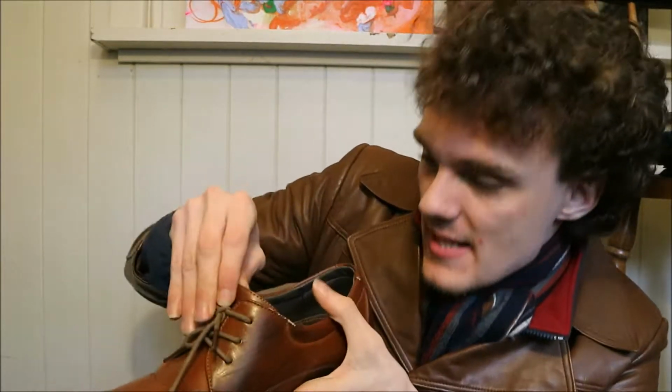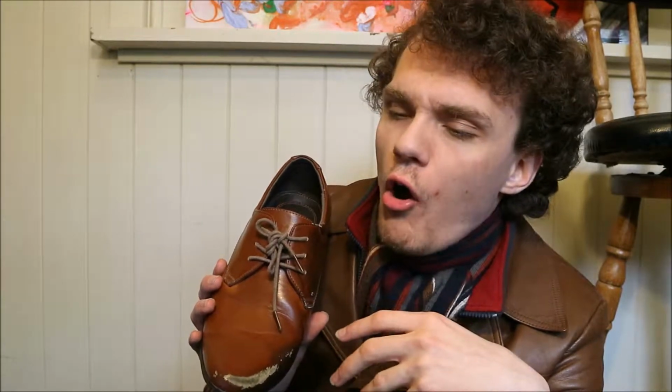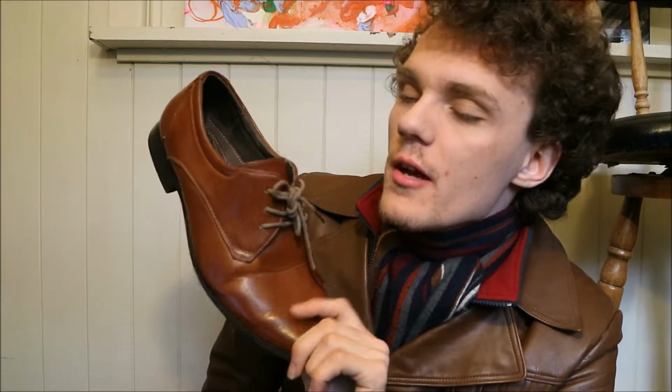The lining is leather. Now, it doesn't say if it's real leather or faux leather, so I would say not for vegans or the animal-minded out there, these shoes, I'm afraid. I'm sorry, I didn't know at the time. The sole is synthetic, at least. The shoe was made in China. Again, China is one of those countries that manufactures a lot of clothes, a lot of products that are sold in department stores. So I would say they probably are my least favorite shoe I own, simply for the fact